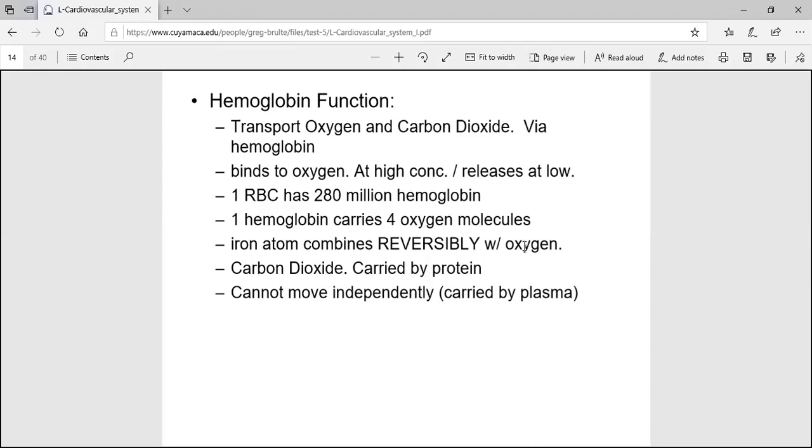What almost binds irreversibly? Carbon monoxide. Very dangerous. Can't see it, can't smell it, can't taste it. And it doesn't want to let go, so then you can't really carry oxygen. So that's very, very dangerous. So make sure you're